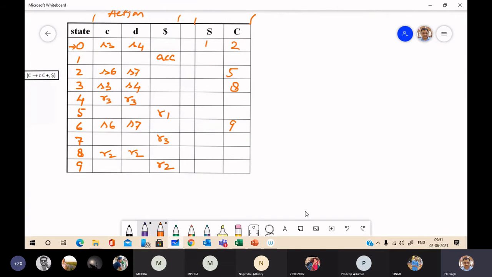This grammar generates strings of the form C star D, C star D. Suppose the string is C, C, D, C, D, followed by dollar in the input buffer.